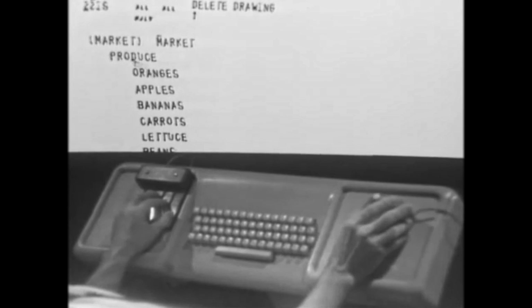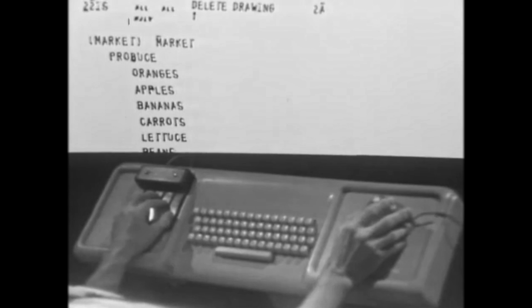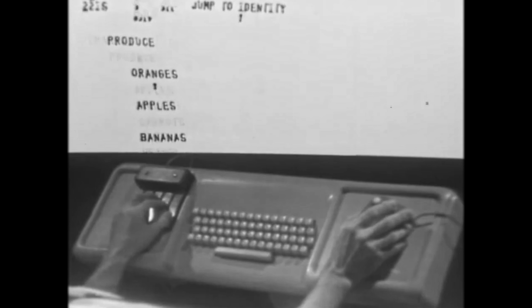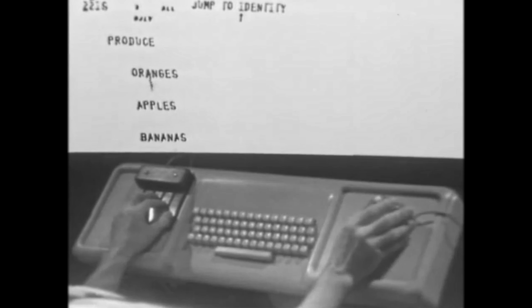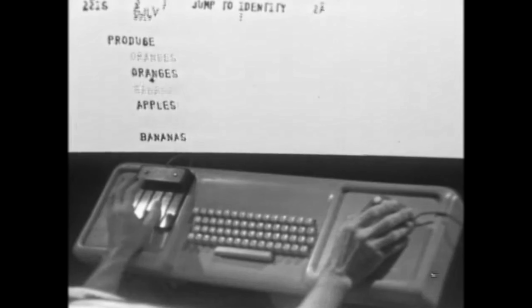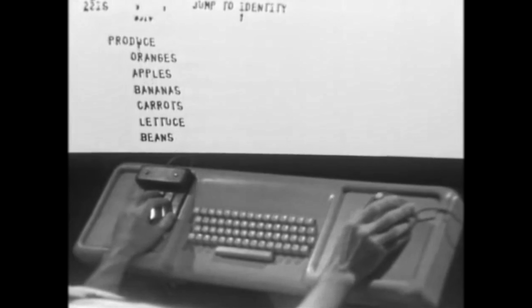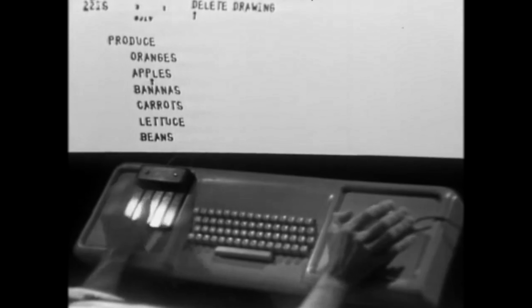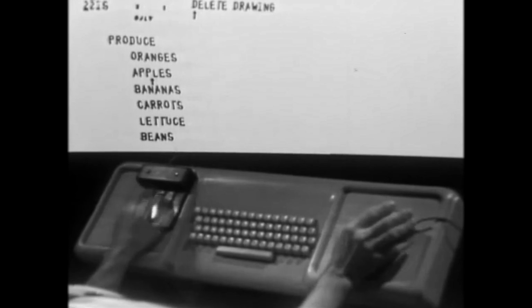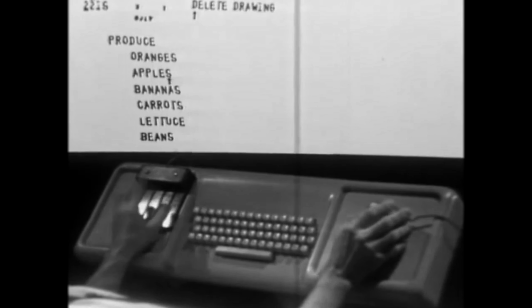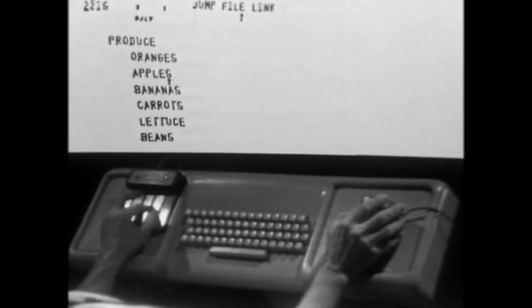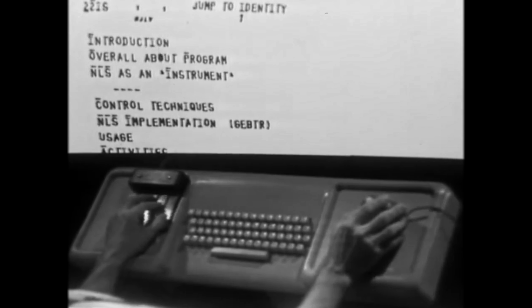So I can say, all right, I'd like to go to produce, and they get big. I'd like to say 1 branch only, and let me look just at that, and I see it. Oh, I can say, I'd like to see 1 line only. I can see it. So these ways I move around, the way I get feedback up here, the way I use both hands to coordinate to tell the computer what command and what short literals I want, are all carefully designed to go together to make the repertoire.